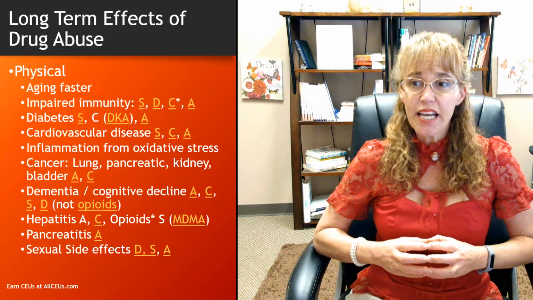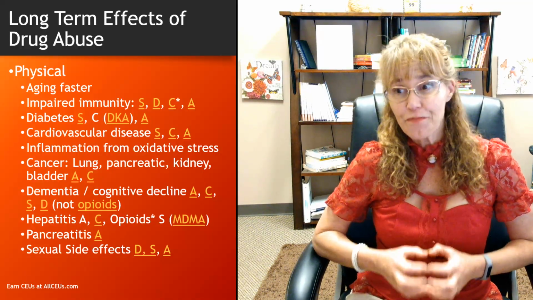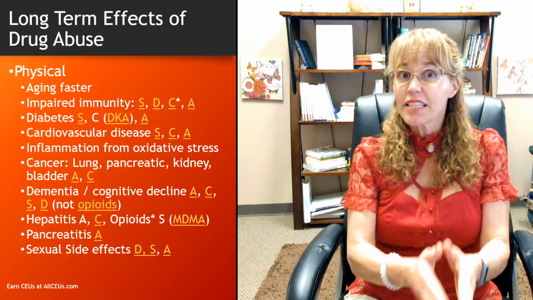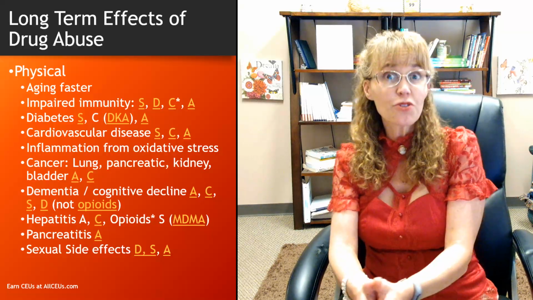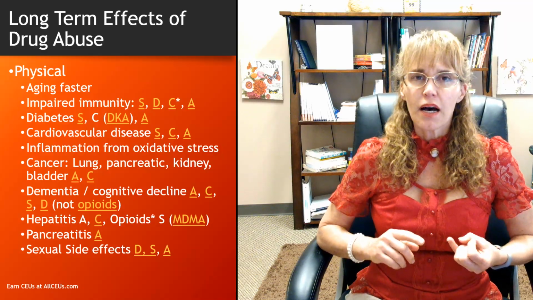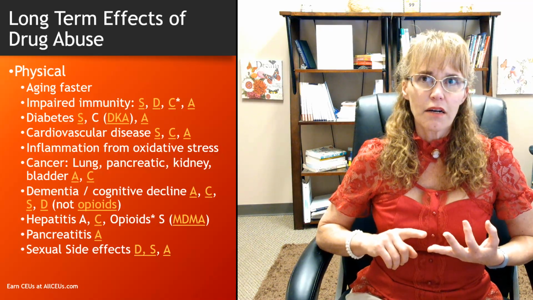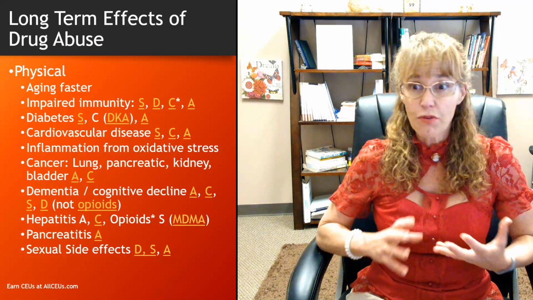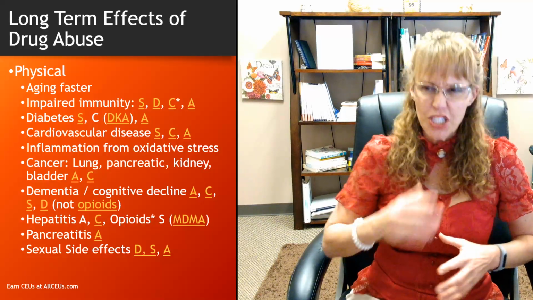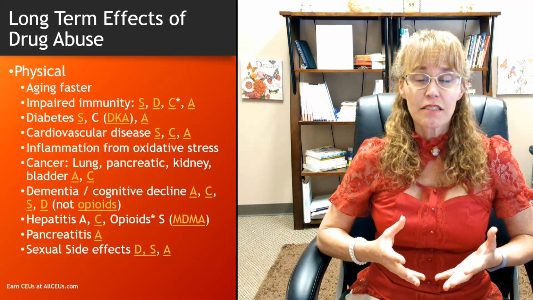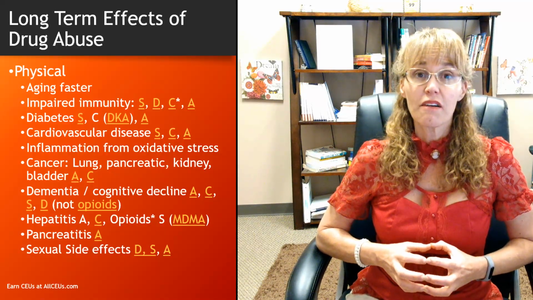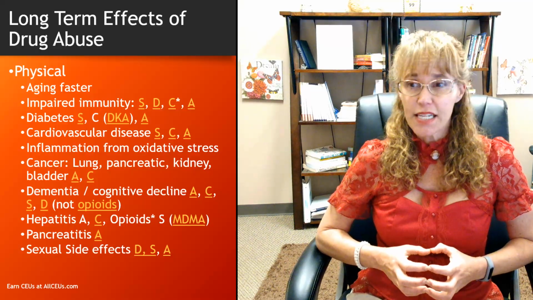Cardiovascular disease is associated with stimulants, cannabis, and alcohol. Cannabis, again, from what I read, mainly when it's smoked, because of the chemicals that are produced by burning the leaves, can contribute to arterial narrowing and worsening of heart rhythm disorders and a variety of other things, as well as increasing sputum and cough and lung inflammation. Stimulants. Well, stimulants increase blood pressure, and they can contribute to a much greater risk of stroke and heart attack.